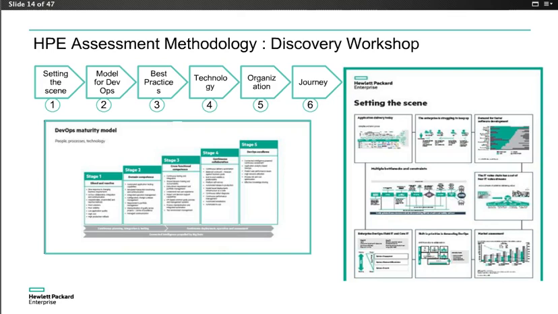And we set 6 panels of the major important parts of DevOps adoption. We go through these 6 panels together with the customer to find what the blockers are,